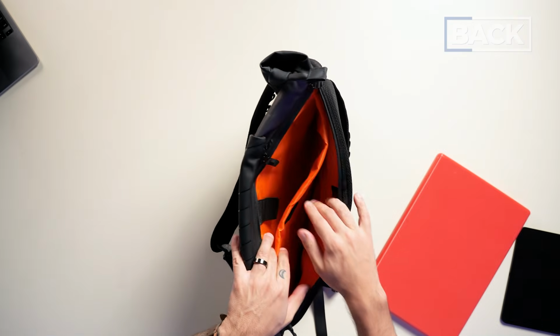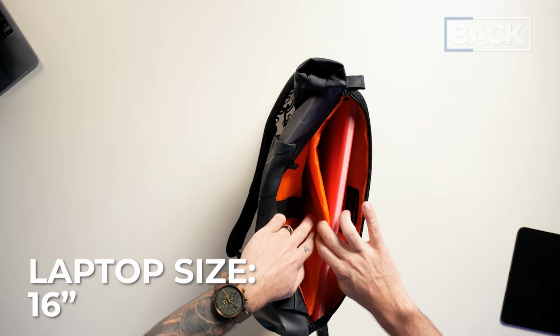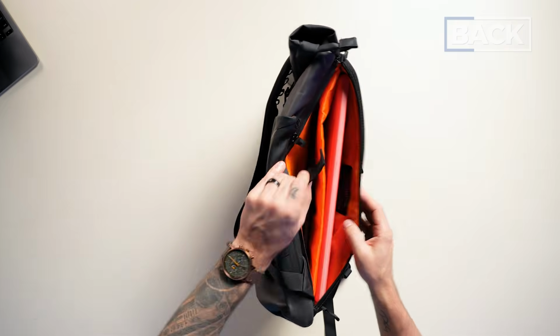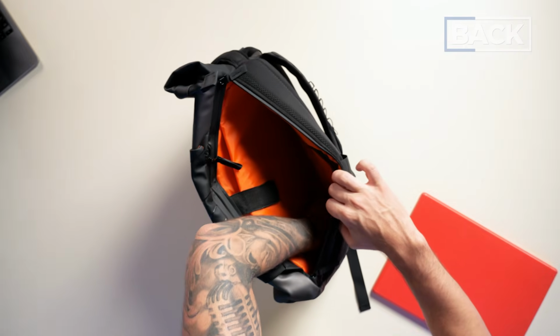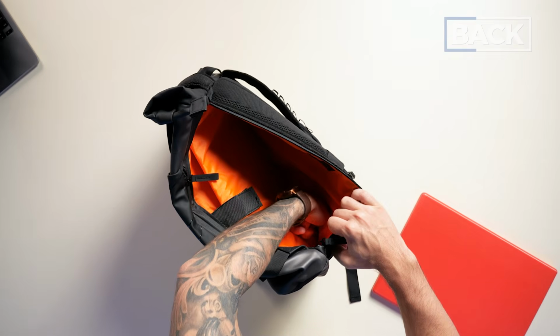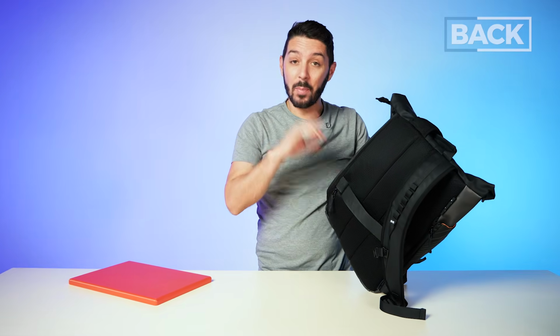And it gives you a bit of versatility, but at the end of the day, you can fit a 16-inch MacBook Pro on one side and a 13-inch tablet on the other. And one other thing we missed is if you look deep into the bottom corner of the laptop compartment, right here, there's an AirTag slot. It's deep in there. I don't think you're gonna be able to see it, but I promise you it's there,